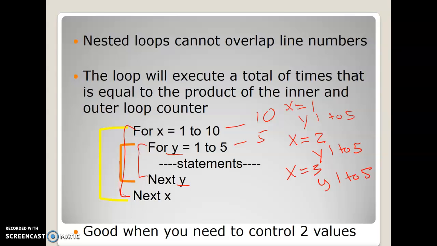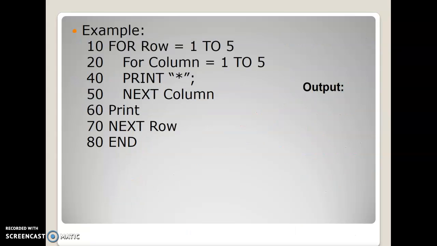Using a nested loop is good when I need to control two elements at the same time. And so here's an example where I am controlling the rows and columns of my program. So row is going to go from 1 to 5, and column is also going to go from 1 to 5. And so while row is equal to 1,